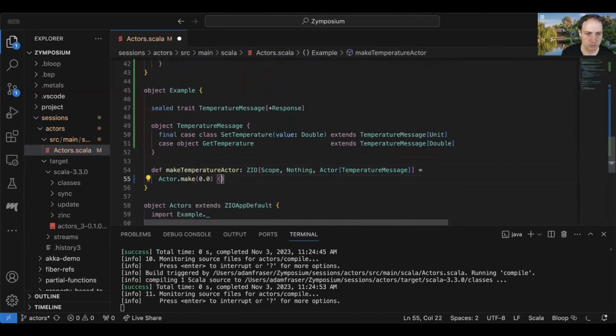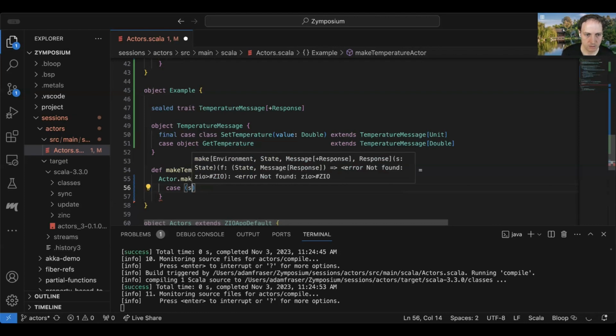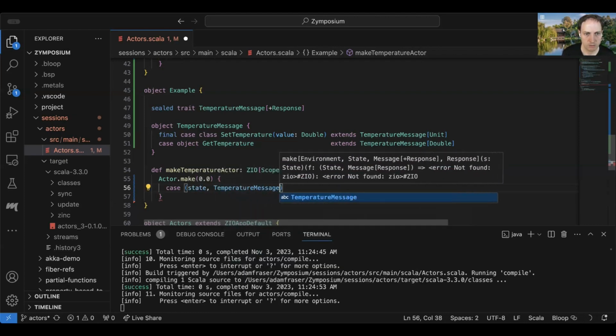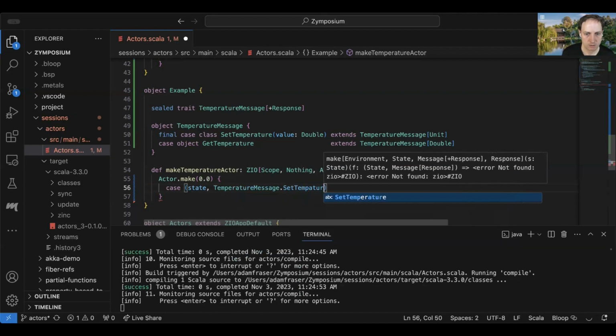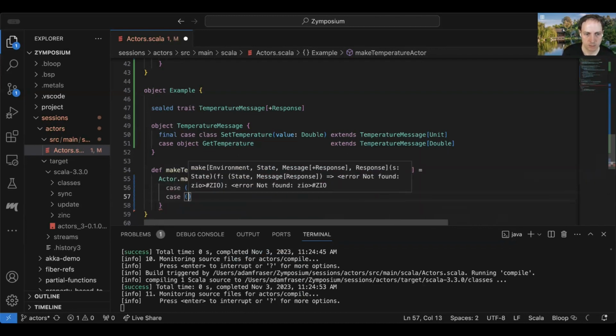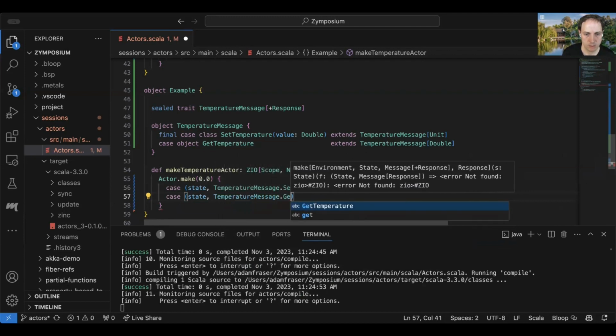So I think I can just do this with an inline set of case statements. So I can do something like case state, temperature message dot set temperature value, case state, message dot get temperature.